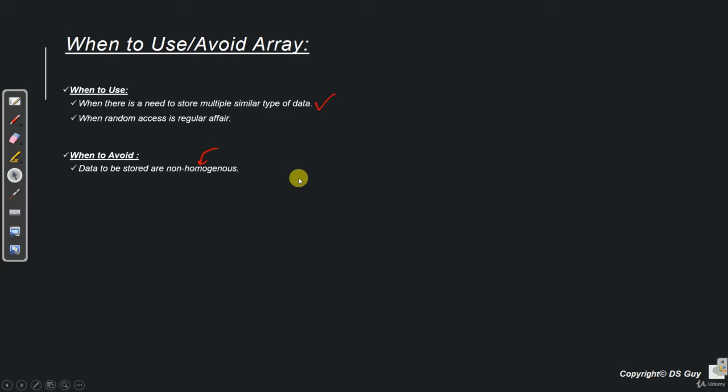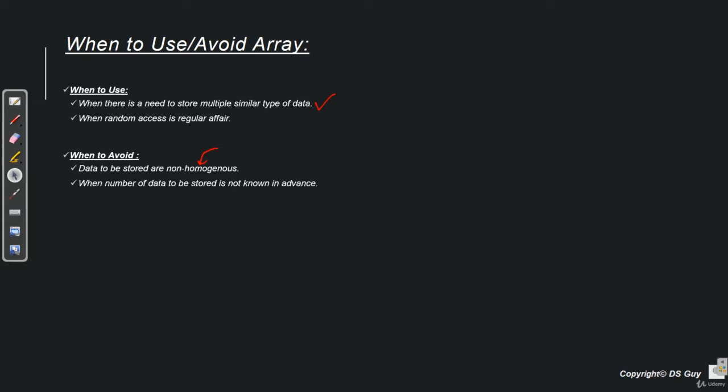Now apart from this, there is another big disadvantage of using an array, which is we always need to know what is the size of an array in advance. So let's say if we want to store few integers and we don't know exactly how many integers we want to save.